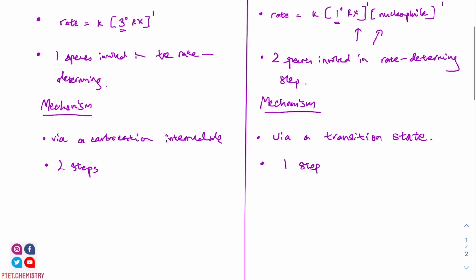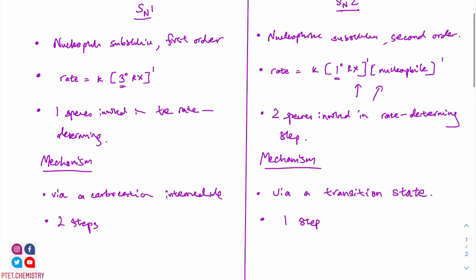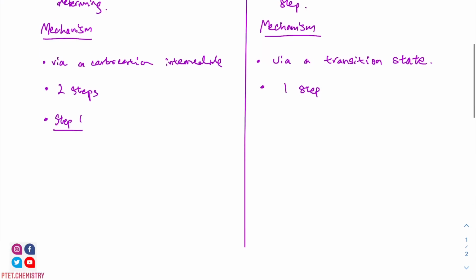Alright? I know it seems counterintuitive. The Sn1 does not refer to one step. The Sn1 refers to first order, which is only one substance in the rate determining step. Okay? So you gotta be careful what the Sn1 and Sn2 refer to, yeah? So because they are two-step, and I know it because they proceed via carbocation intermediate, I will try and exemplify